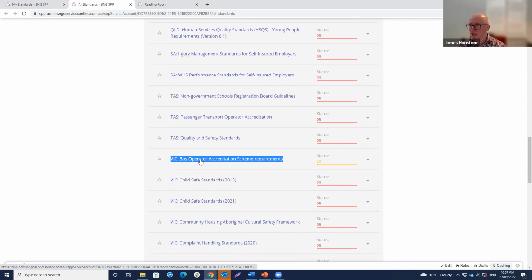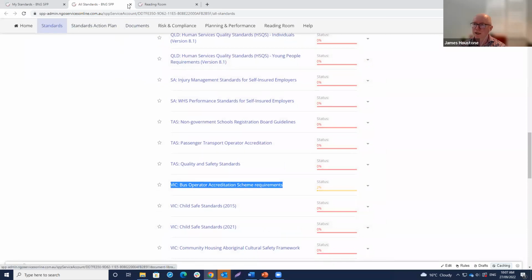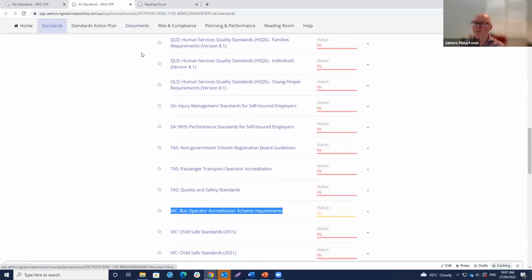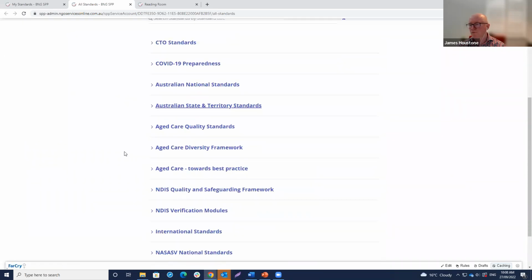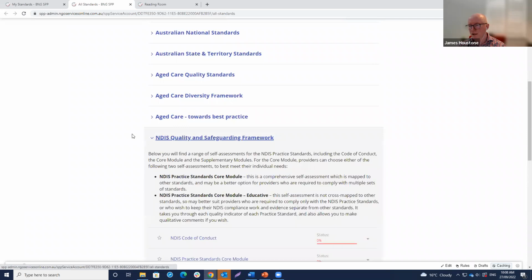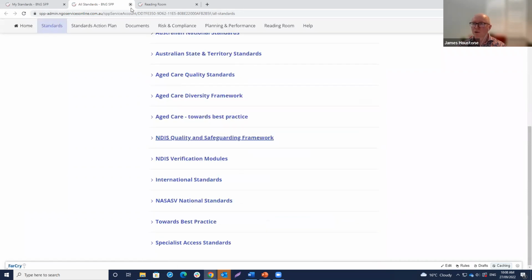We've had a number of requests from disability providers and community health services, etc., who are now having to meet this particular set of bus operator requirements. But I think it's a New South Wales audience today, I'm assuming, so probably a little less relevant for everyone here. Also, the NDIS Quality and Safeguarding Framework might be relevant to some providers on the call today. So that's just a really quick look at the standards tab.